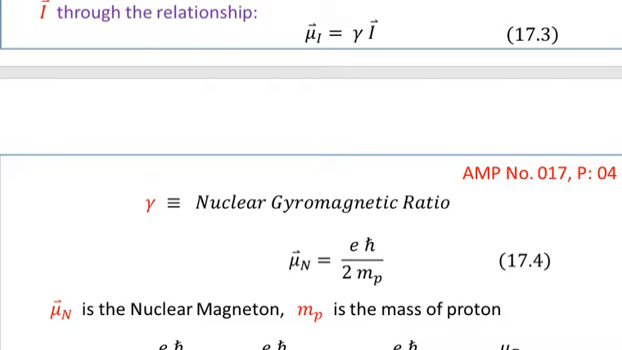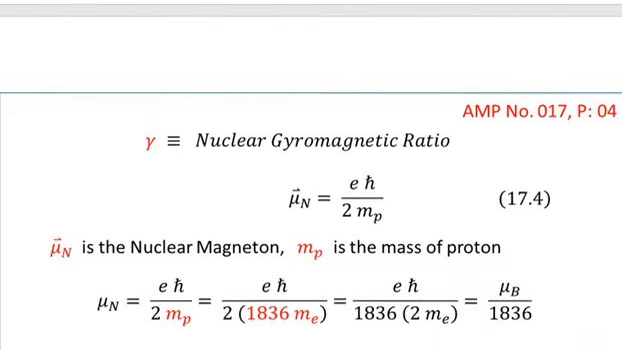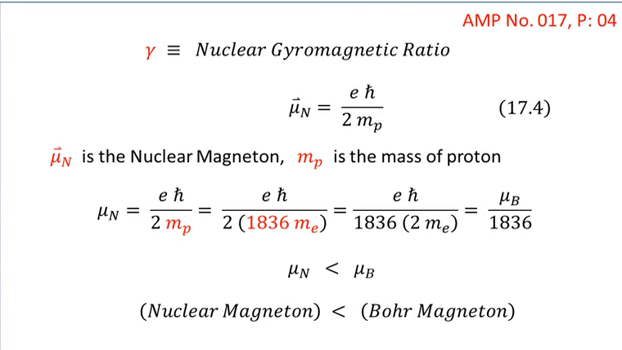And this is called the nuclear magneton. So mu n vector is the nuclear magneton and MP is the mass of the proton. So you see that we can also write mu n magnitude is equal to e h bar over 2 MP. And here you know that MP, which is the mass of the proton, is equal to 1836 times the mass of the electron. So we have substituted MP by 1836 times ME, and then we can rearrange the terms so that we can